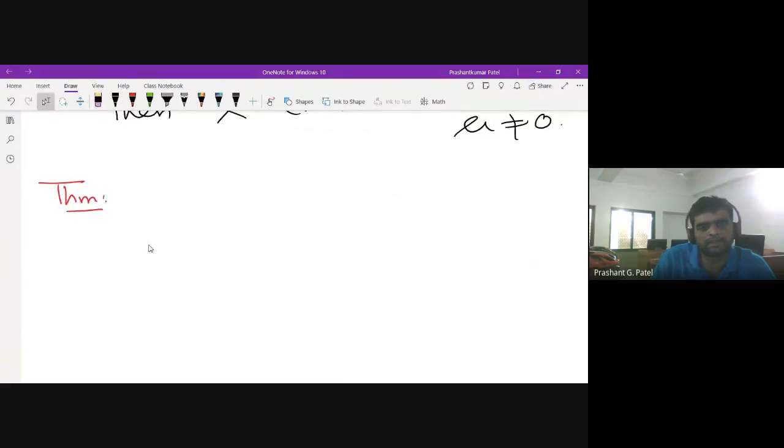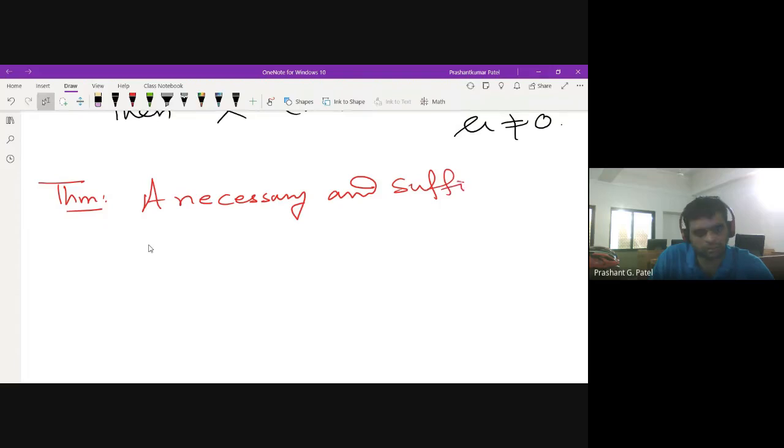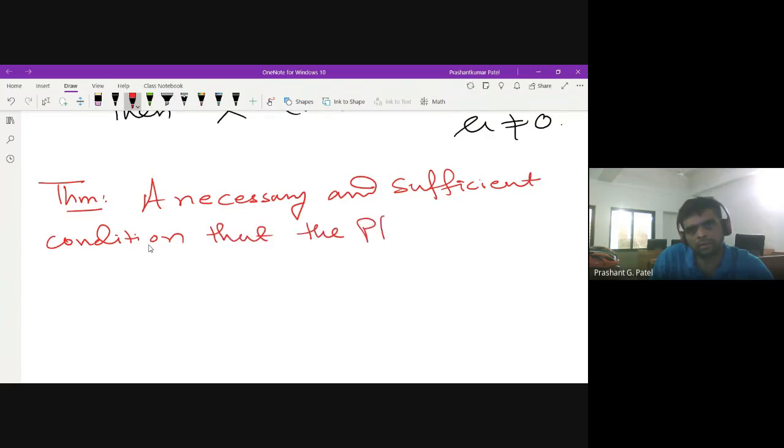This theorem says that a necessary and sufficient condition that the Pfaffian differential equation